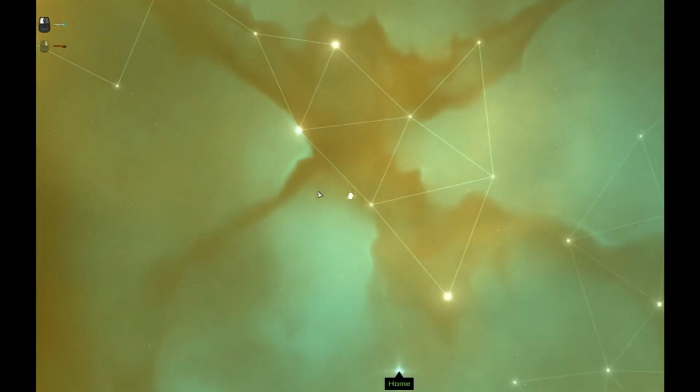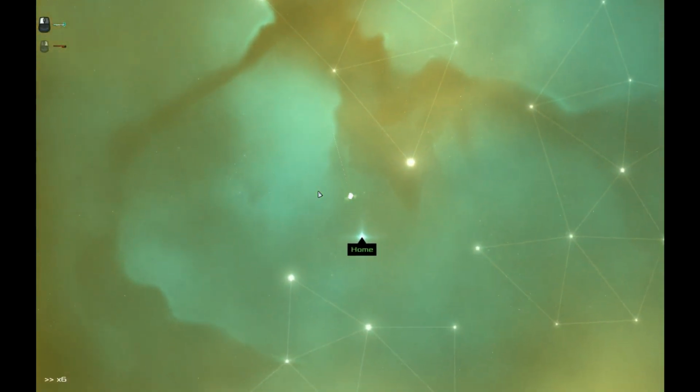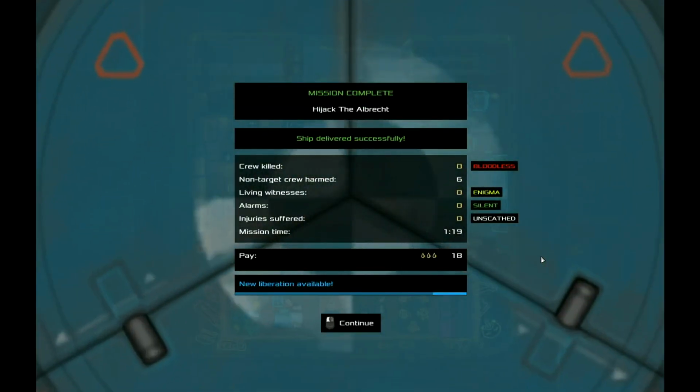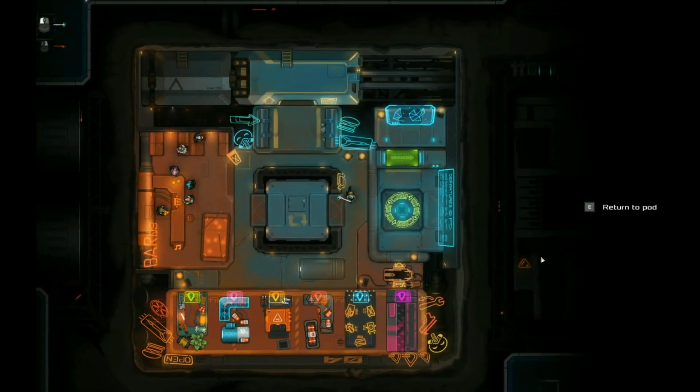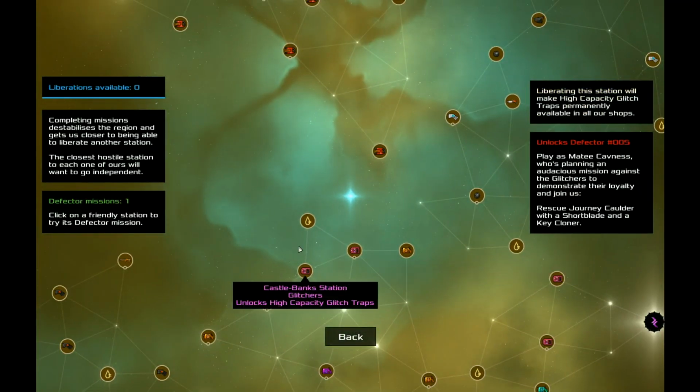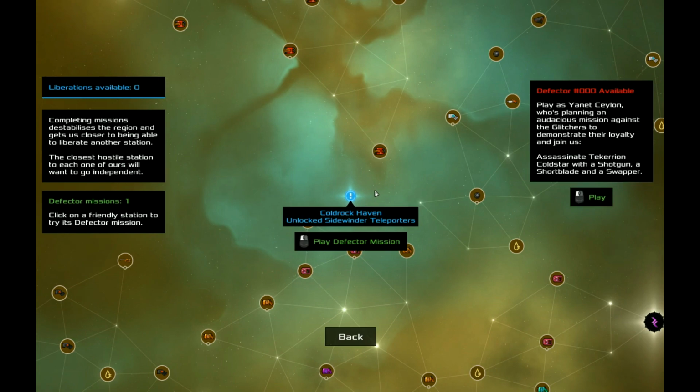And now we can liberate a station. If we view the strategy map, we can see